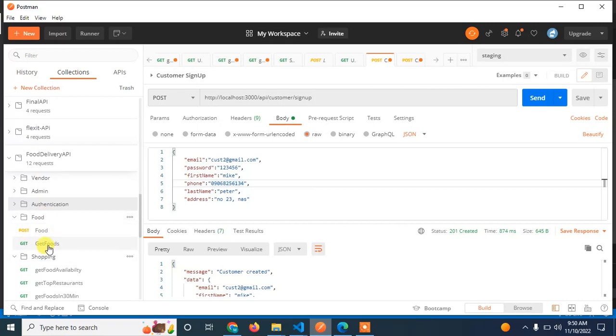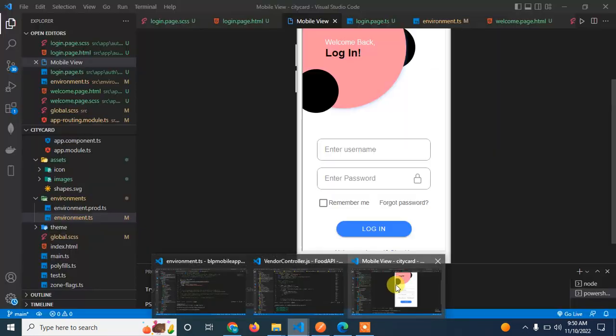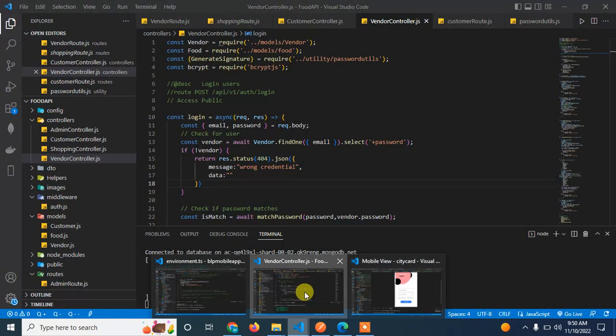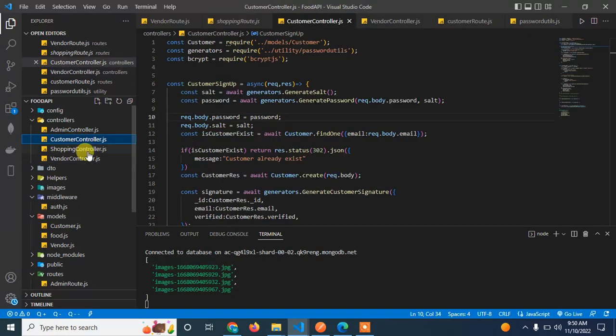So customers will be able to get food, and then shopping as well. So this is the endpoint for shopping. Alright, not to take much time, let's go back to, okay, so if you want to see some of the code,